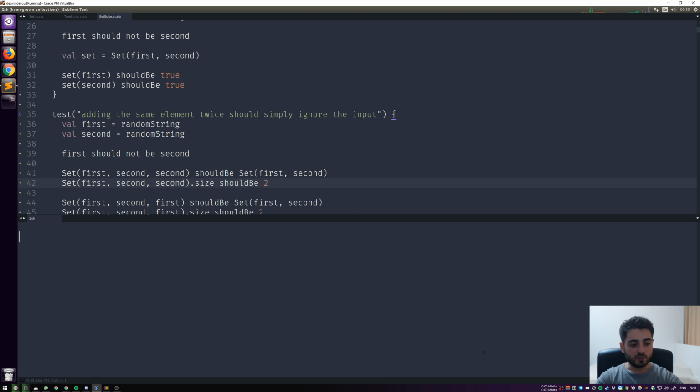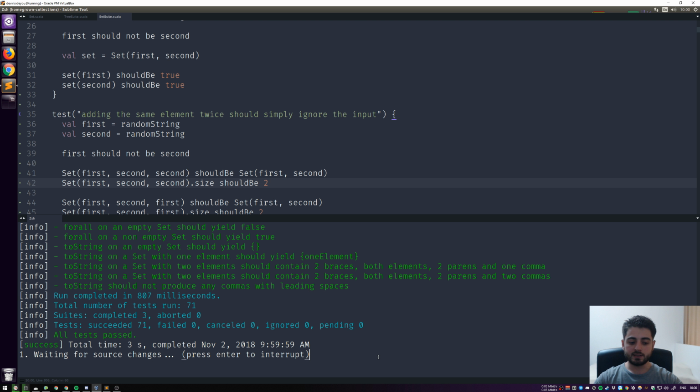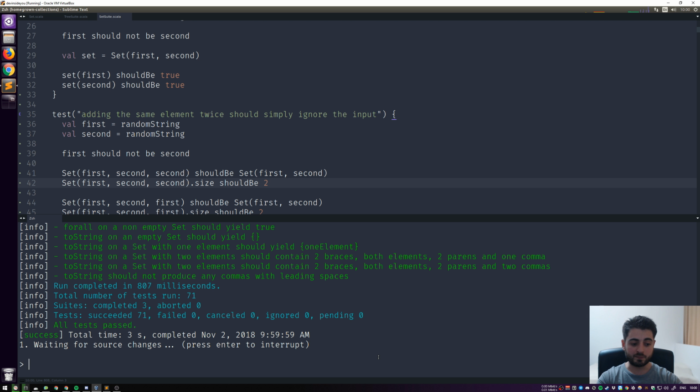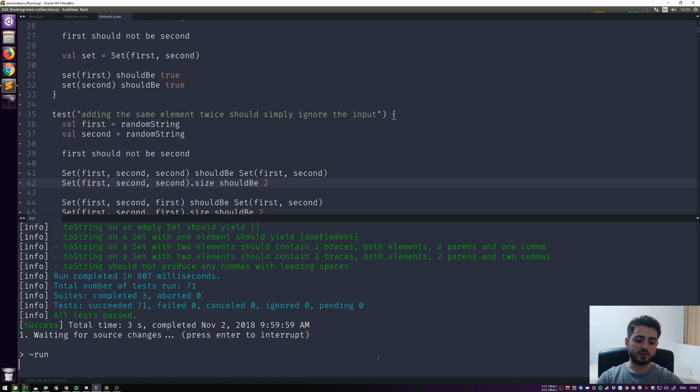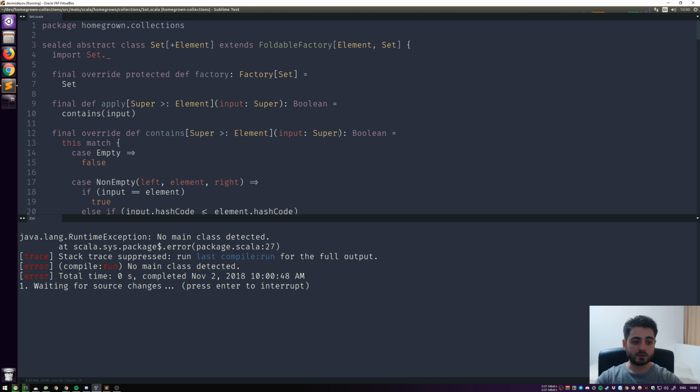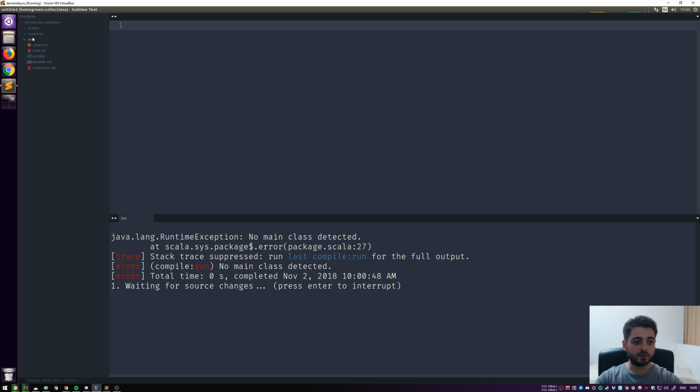We're back to normal. All right, so since the topic that we're going to discuss today is a bit more advanced, our topics get more and more complicated. We're going to start with an example that is unrelated to our sets. We're going to start with an example which is fairly well understood, and this example is Fibonacci. So I'm going to exit from running the test, and I'm just going to keep running the main that we don't even have yet. So what I will do is I will create a file called